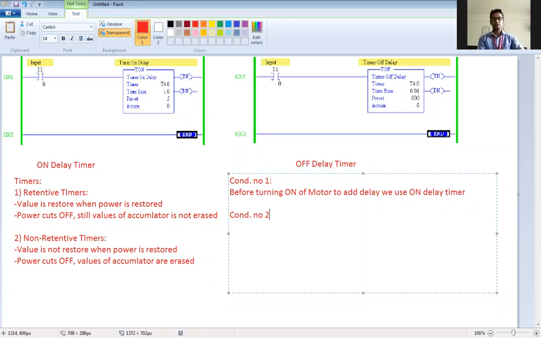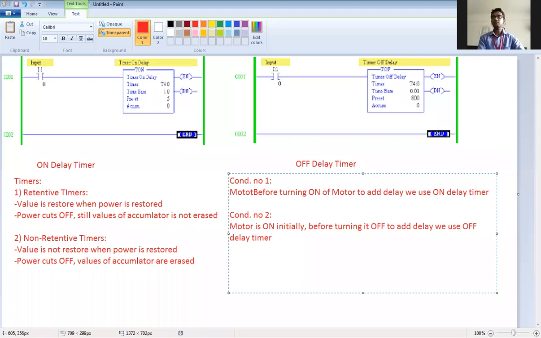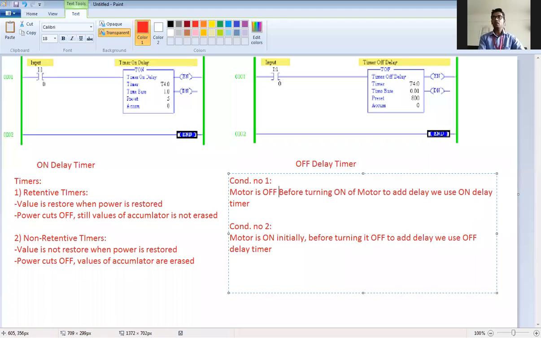Condition number 2 is that the motor is on initially, and before turning it off, to add delay, we use an off delay timer, where the motor is off initially.